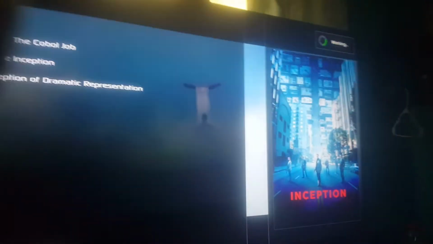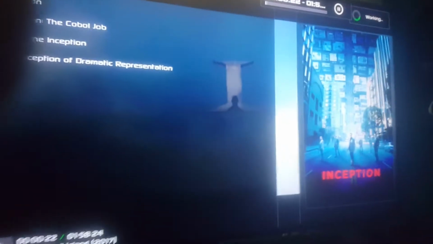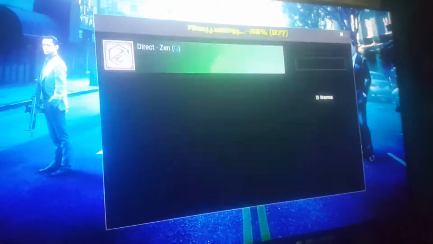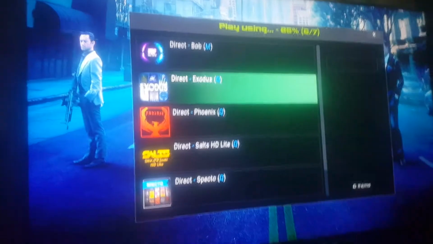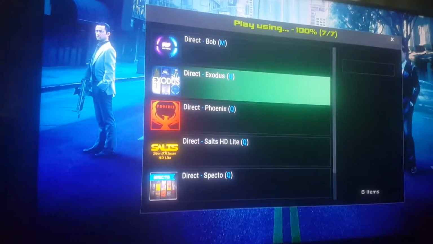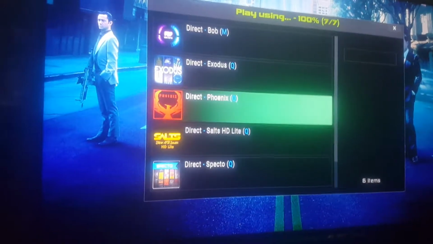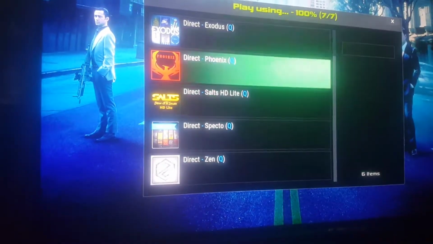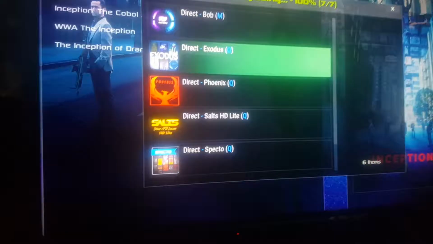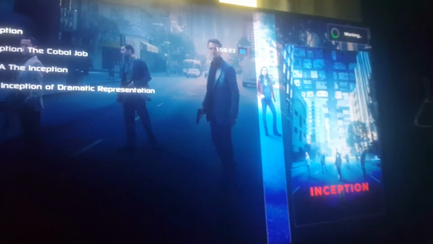Then just go ahead and select it, and then it'll say working once again, and then it'll say direct exodus, and then it'll give you all your add-ons again, and then boom, select direct exodus. It'll load, working,